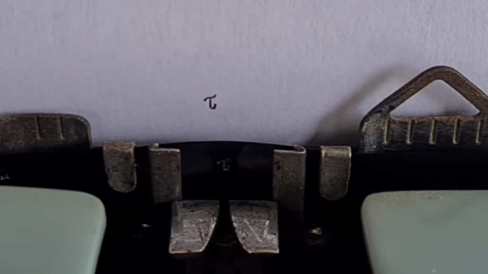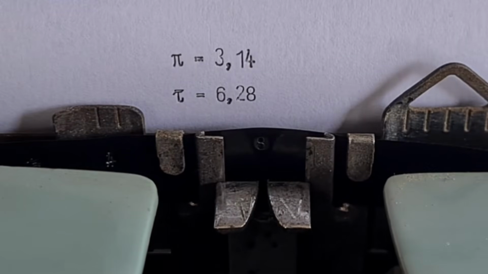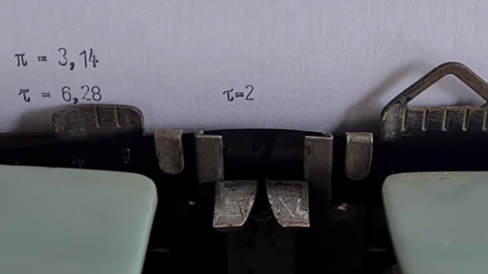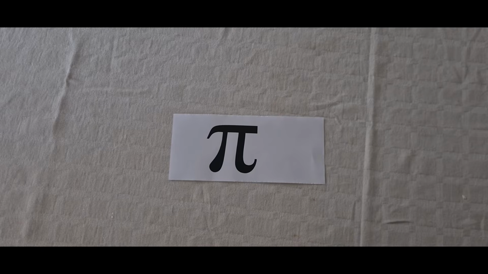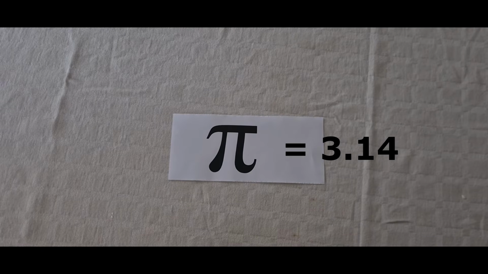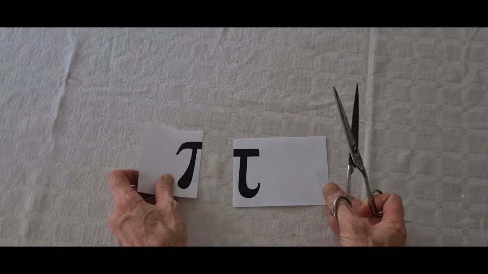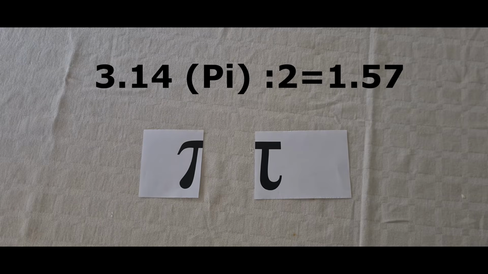Connected to this there is the tau symbol. Also this has to do with the circle. It's double of the pi. So tau equals two pi. It's strange because the value of the symbol pi is 3.14. If I divide it in two, I obtain two symbols tau, each of the value of 6.28. I think it's not correct. Should be